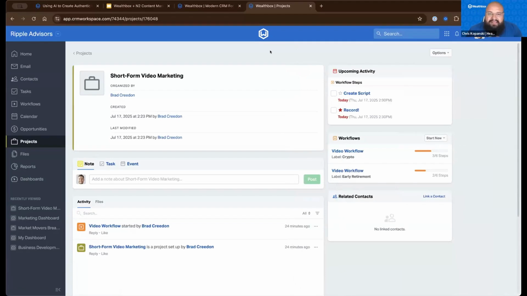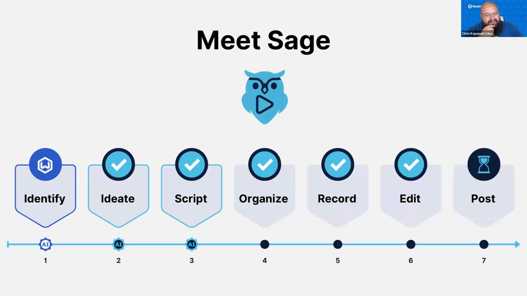So that's the Wealthbox side of it. I wanted to come full circle back into Wealthbox and showcase some of the features that I did mention earlier. But I wanted to hand it back over to Nate and Nick and talk a little bit more about N2. I know that Nick, you had referenced folks flying out to Denver and filming, and I know there's some exciting stuff that you were leading up to. So I'll just hand it back over to the two of you to talk a little bit more about what N2 does to help. Yeah, absolutely.